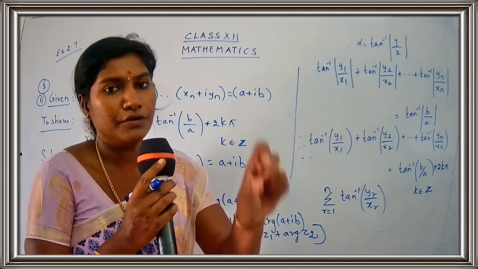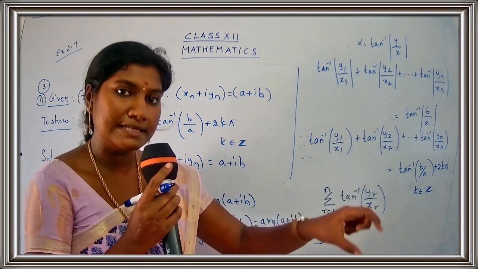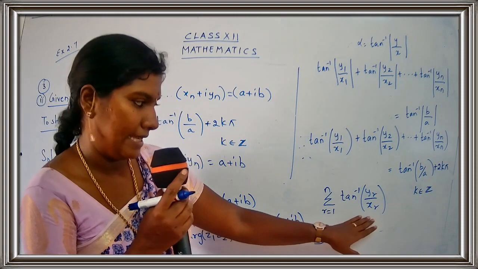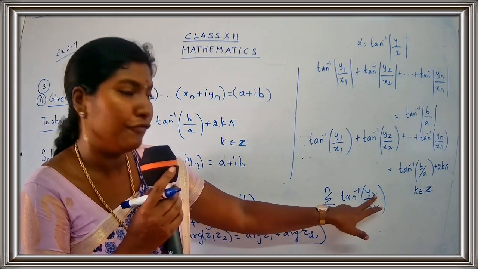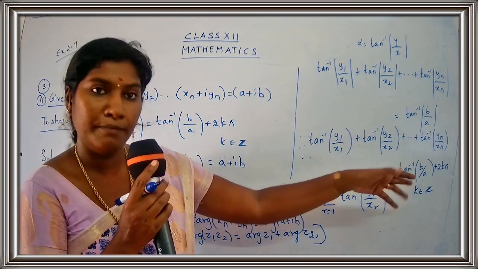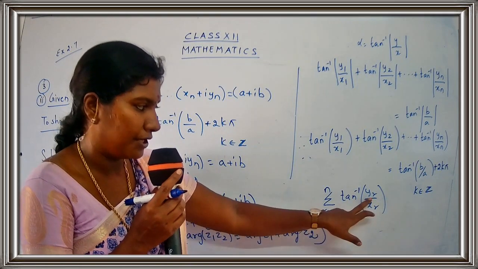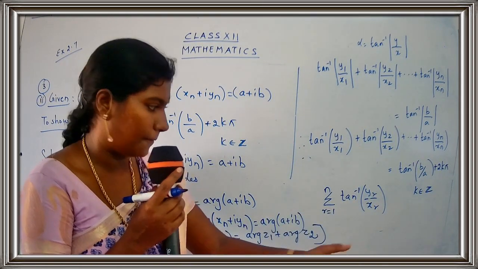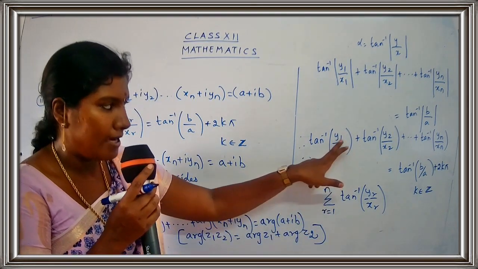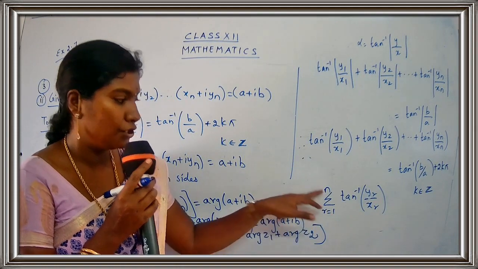So generally we are going to give it as yr. So 1 to n term is represented as yr. Similarly x1 to xn is represented as xr. Now we have to mention the value for r, because this is a new value we are introducing over here. We were having 1 to n, but we were not having r. So we are introducing a new term r over here, so we have to mention the value for r. So what is the value for r? The r takes the value 1 to n. See children, very easy. r is equal to 1 to n.